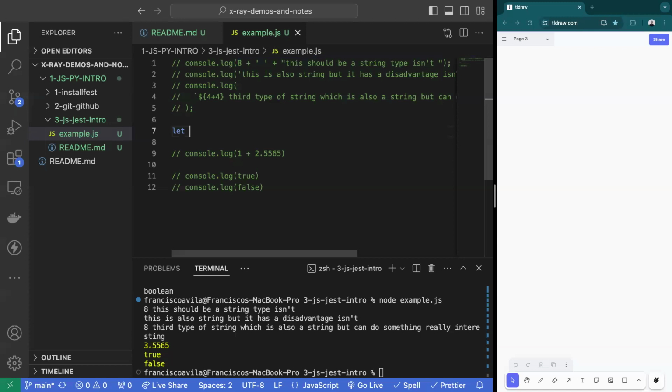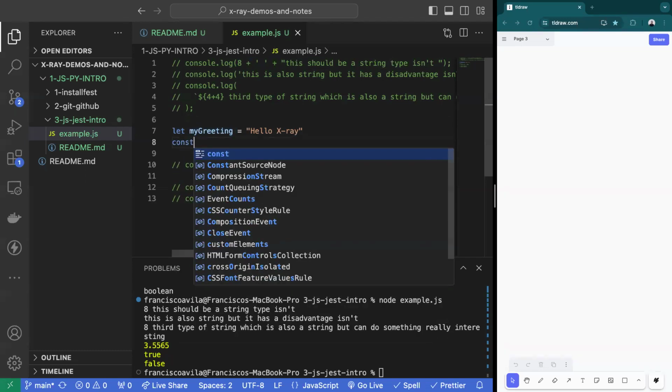So let me create my first box here. I'm going to say let my greeting equal "hello X-ray". All right. What is going on with this variable here? Let my greeting. So we'll learn in JavaScript, there's a couple of different ways to establish a variable. Let allows me to change the value of my greeting. Whereas if I were to use something like const,